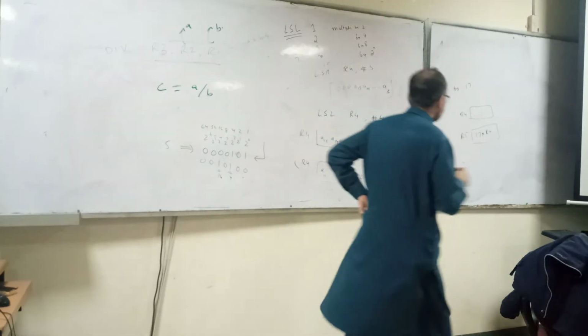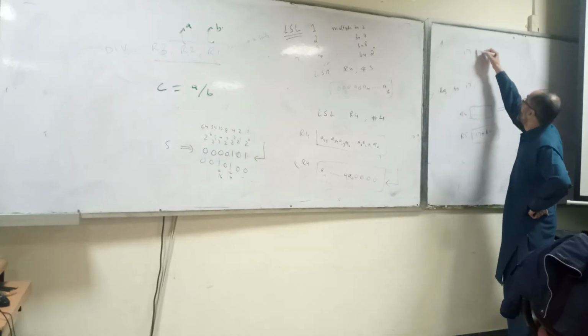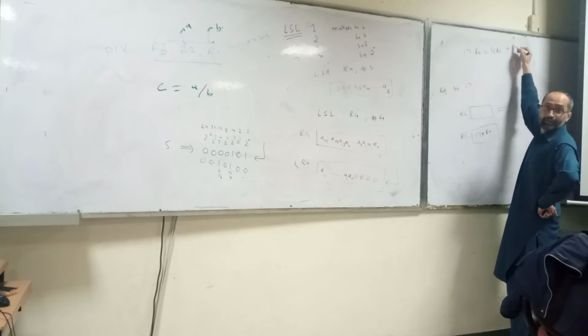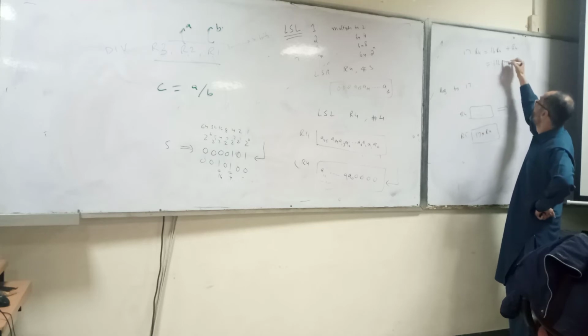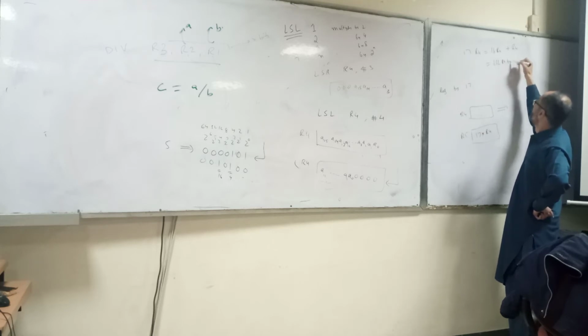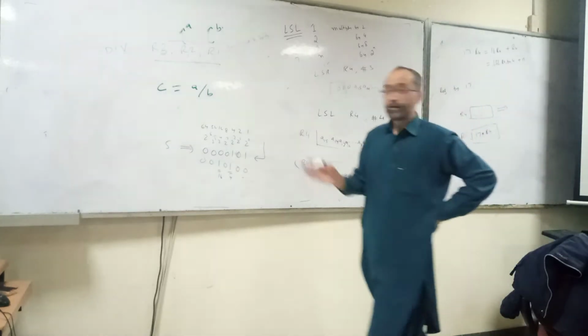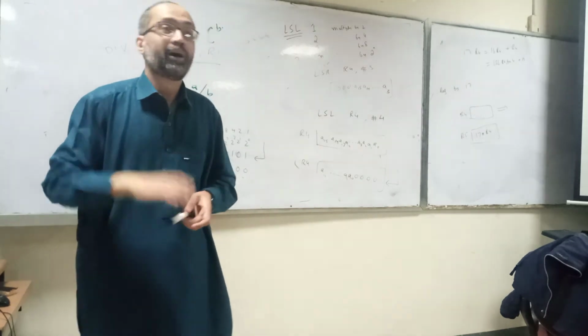So 17 R4 is equal to 16 R4 plus R4. So logical shift left R4 by 4 and add R4, and then you can use this intermediate instruction. So now if we want to multiply by 19, then 19 R4 is equal to